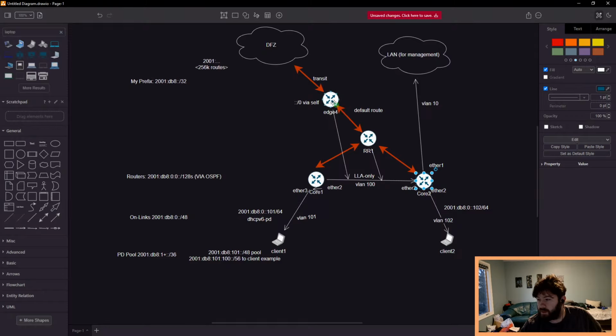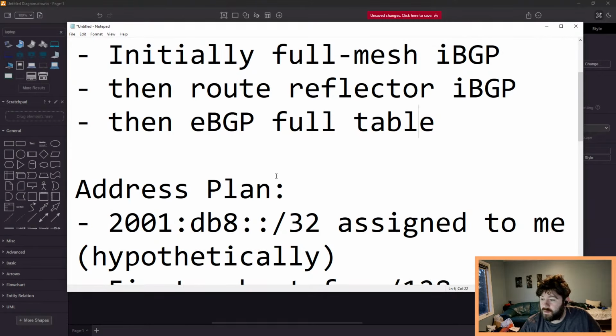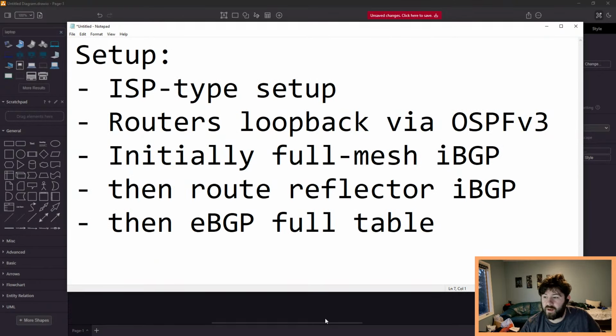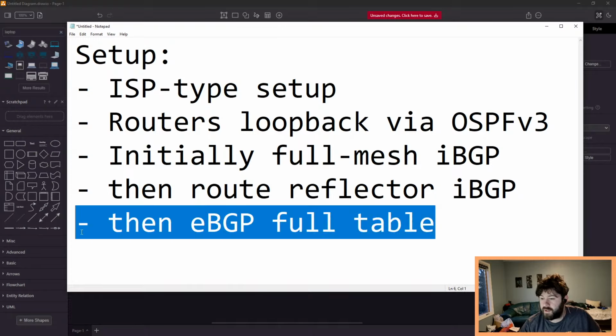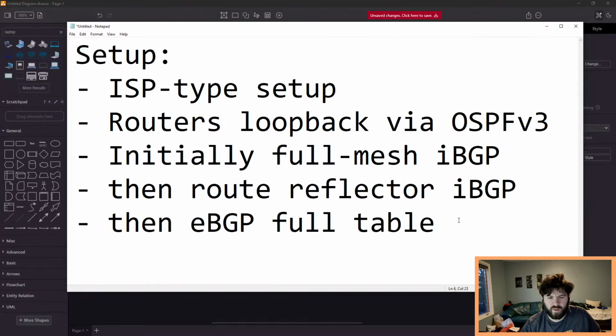So, yay. Need a better address plan next time, I guess. So we got eBGP full table, IPv6, imported. One thing I think would be cool would be to translate